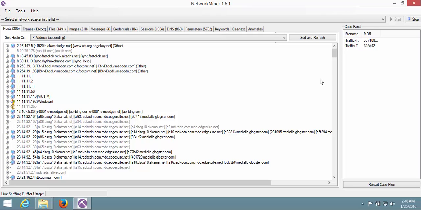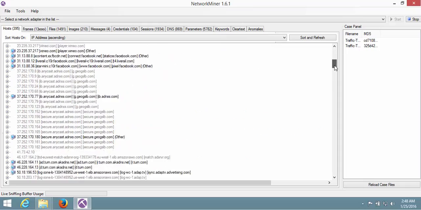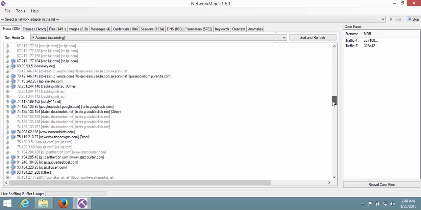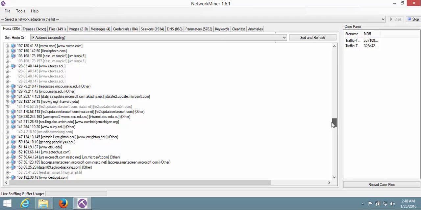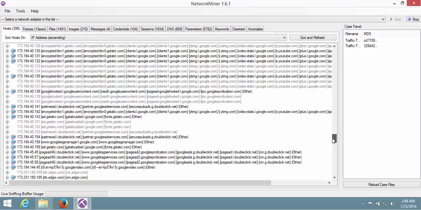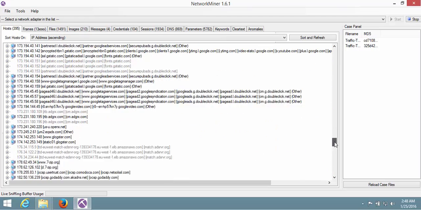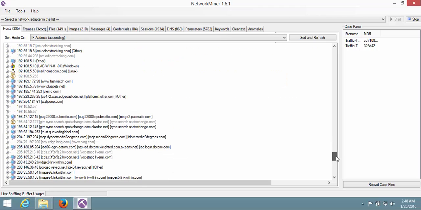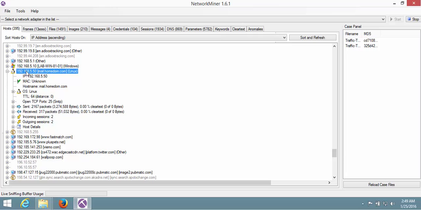As you can see, there are dozens of hosts that NetworkMiner extracted information about from the pcap file. These two hosts are well known to me. So if we go to this host with the name main.home.dom.com,